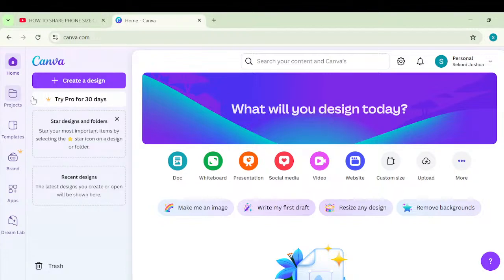So this is how the interface of Canva looks like. We have the home page here, we have the projects, we have the templates, we have the brand, we have the apps, we have the Dream Lab, we have Docs. So these are what you can use Canva for. Let me click on this see more here. Under the see more,